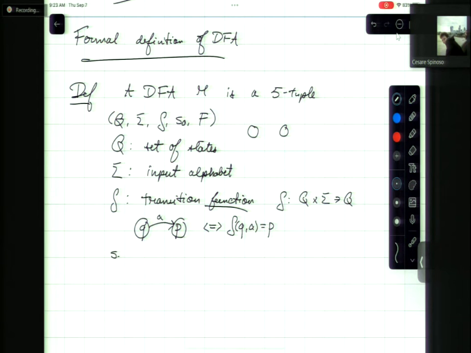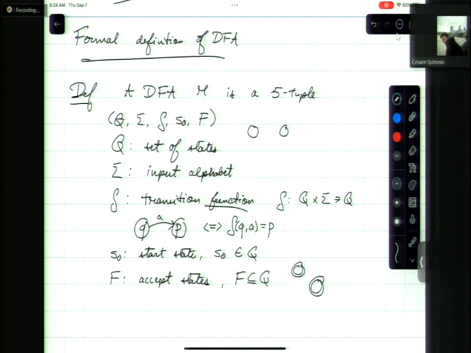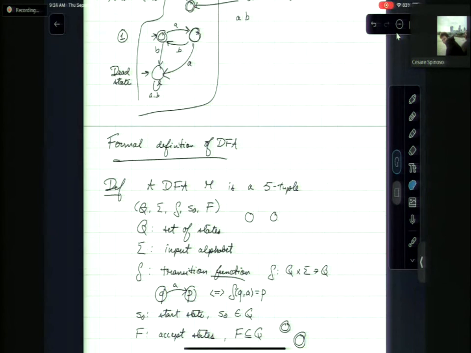Then S0 is the start state, where it's just an element of Q. Okay. So that's where the machine starts its computation. And then finally F. F is a poor choice of variable because it doesn't stand for final states, it stands for accept states. And it's just a collection of states that are accept states. Right, so in other words, it's the states with double circles. Okay? So, for instance,